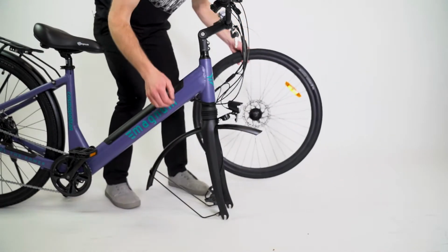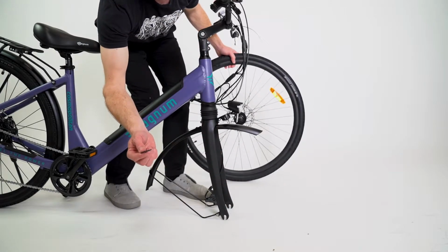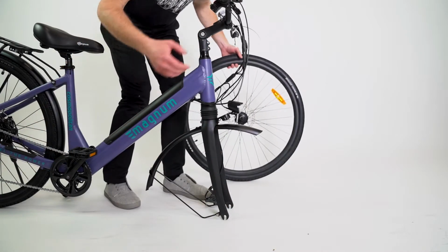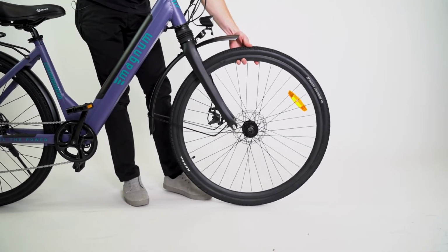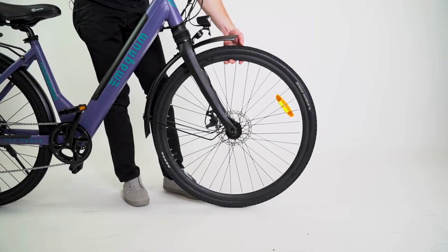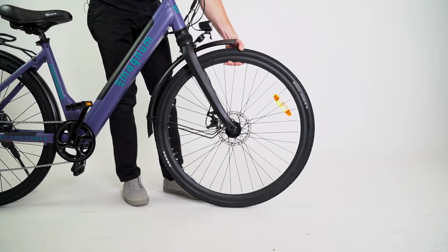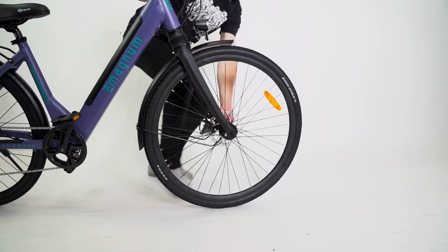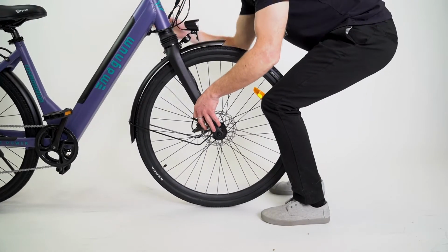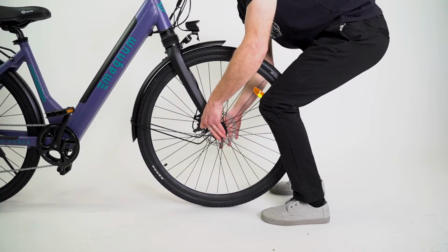Next, you're going to remove a plastic spacer inside the brake caliper. And it's time to put that wheel in the bike. The disc rotor goes inside the brake, and the fork should rest. Maybe not. There it goes. All right. This is somewhat easier to do when the bike is upside down, but can certainly be done when